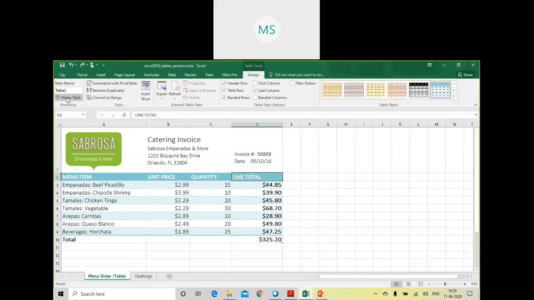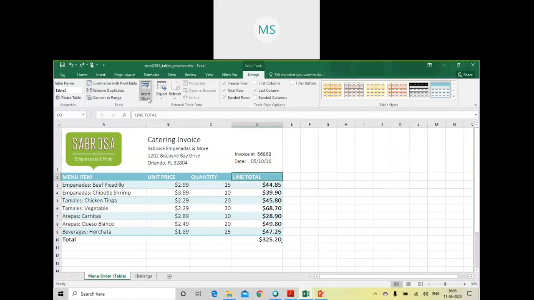If you want, you can resize your table. If you want, you can summarize your table with the pivot table. Pivot table, we are going to cover tomorrow in the upcoming sessions. That is part of advanced Excel, where we do data interpretation and all. It is a very advanced feature. Okay, we will cover that later.